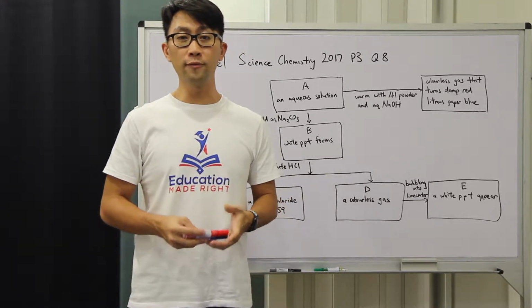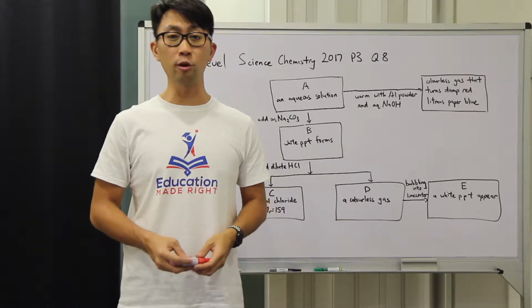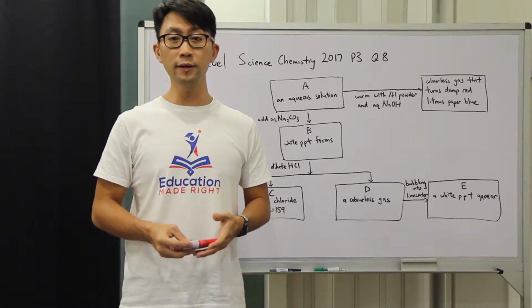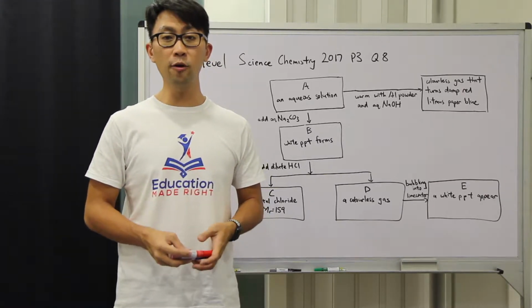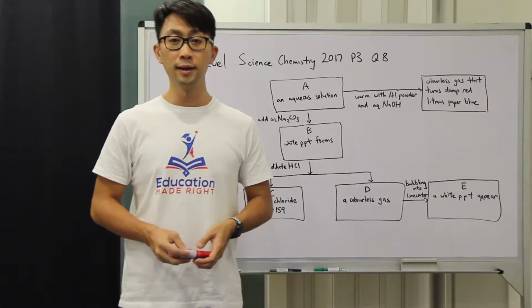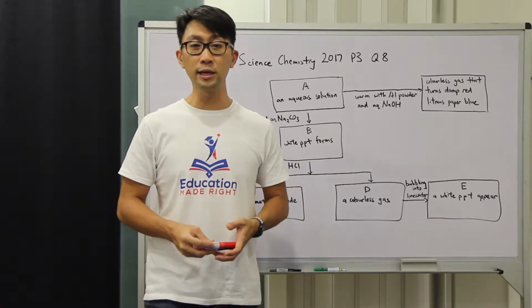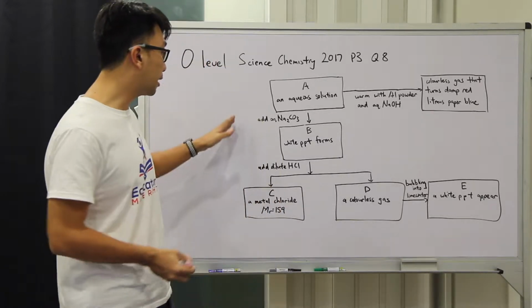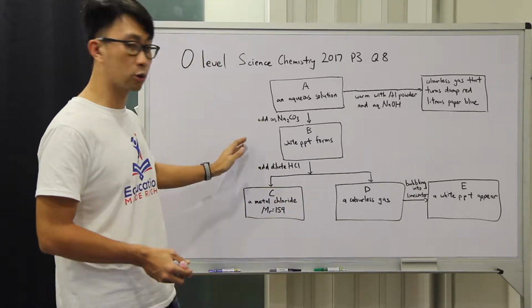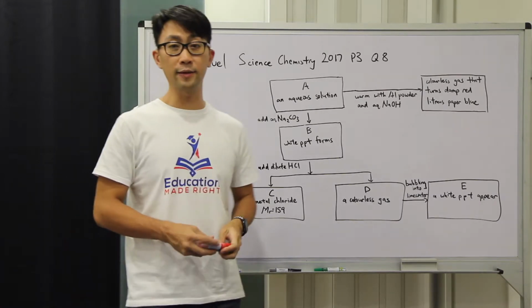Figure 8.1 involves compound C, a metal chloride. You will need the following information to identify C. Compound C has the general formula XCl2. X represents a metal in group 2 of the periodic table. Alright, so I've copied down the reaction flow chart from the question, and let's have a look at the question